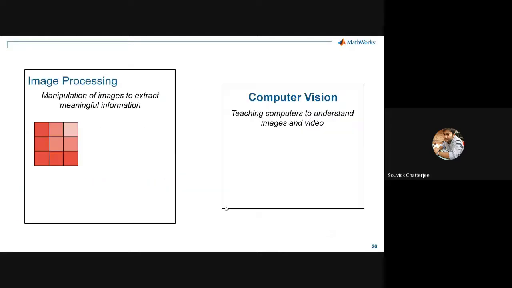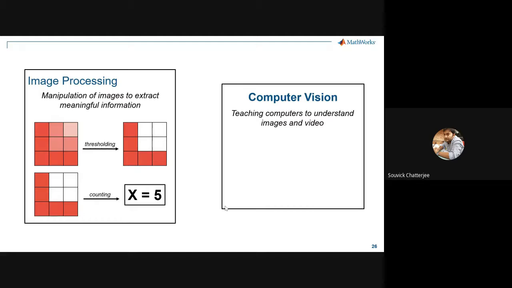Okay. And then I'll just briefly touch upon, for 5 minutes, the computer vision part of it. The difference between image processing and computer vision is that image processing is whatever we discussed, and computer vision is basically understanding the reason behind it. For example, this is the thresholding, and the fact that this is the letter L is sort of a computer vision approach, so that it understands all these things.